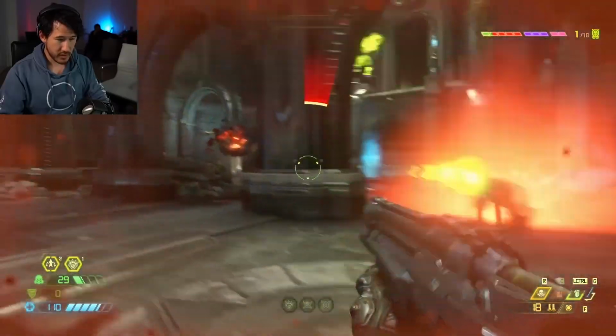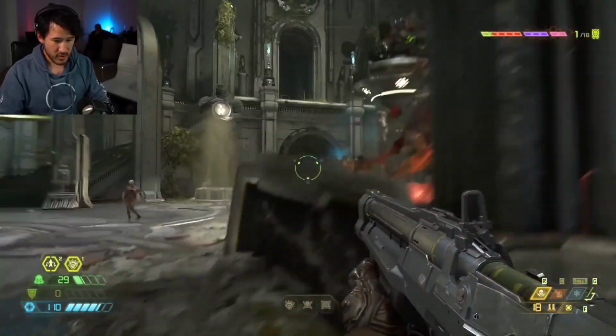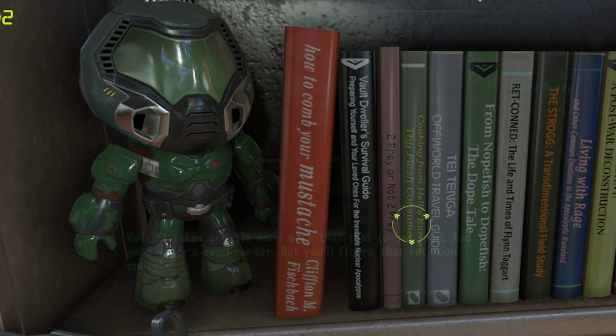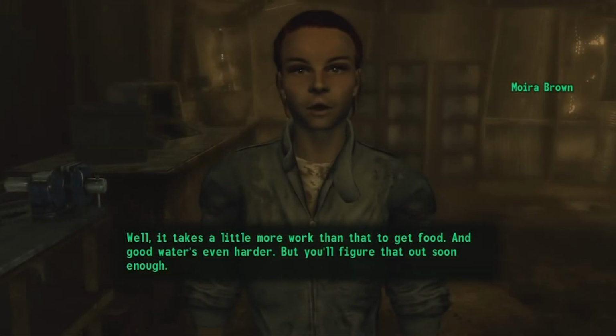He also, about a month ago, had game director Hugo Martin personally visit Mark at his home in Los Angeles to test and preview Eternal, and as a surprise revealed this secret of this loving memory of Mark and his father. Next up, we can see the Vault Dweller's Survival Guide, which of course is a reference to Fallout 3,